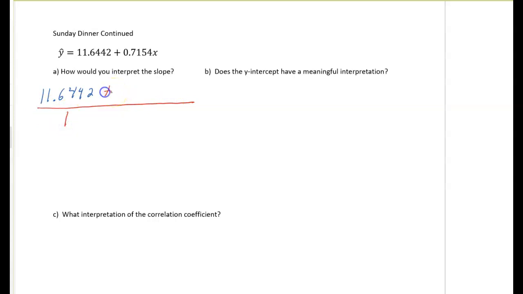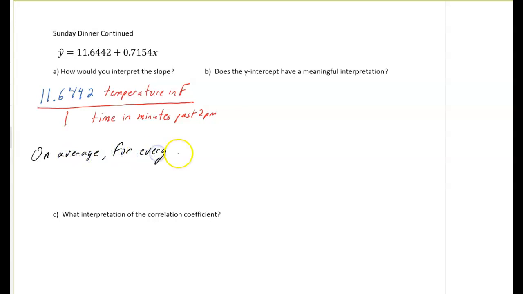The y was the temperature in Fahrenheit, and the x was the time in minutes past 2 p.m. So the way we interpreted this was the following. On average, for every additional minute,